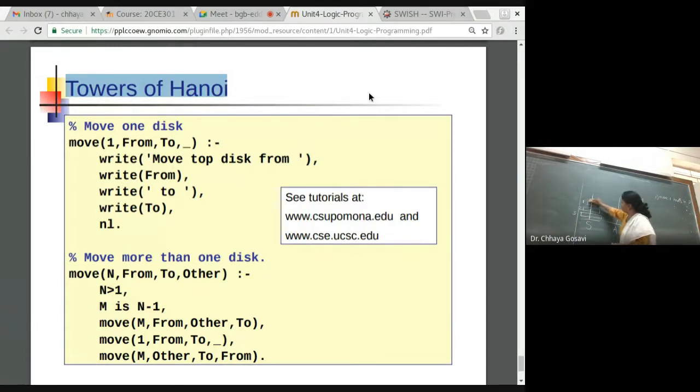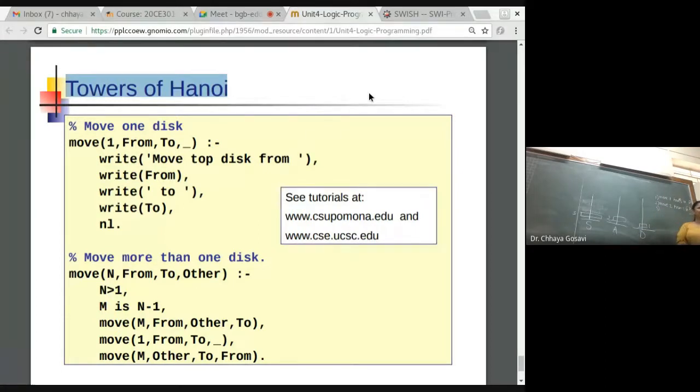So I have moved this one from source to destination. Now what is my second step? Move two from source to auxiliary. So second step, I am moving two from source to auxiliary.